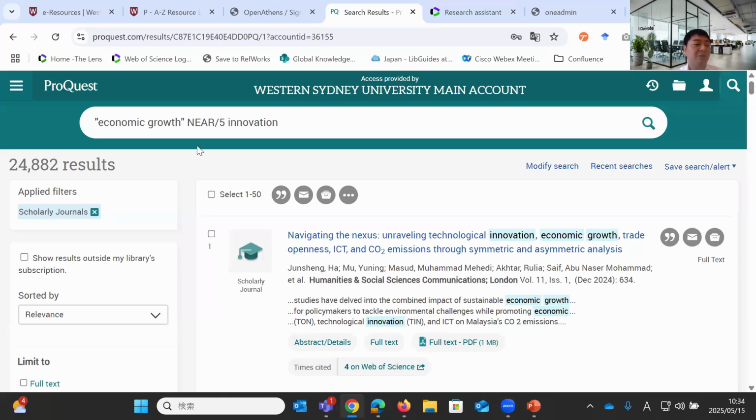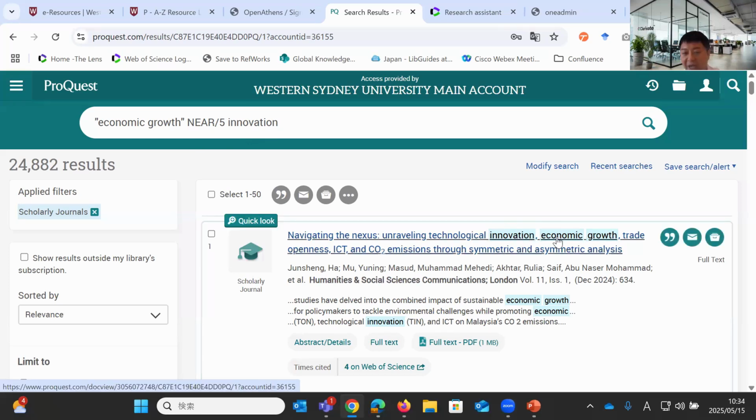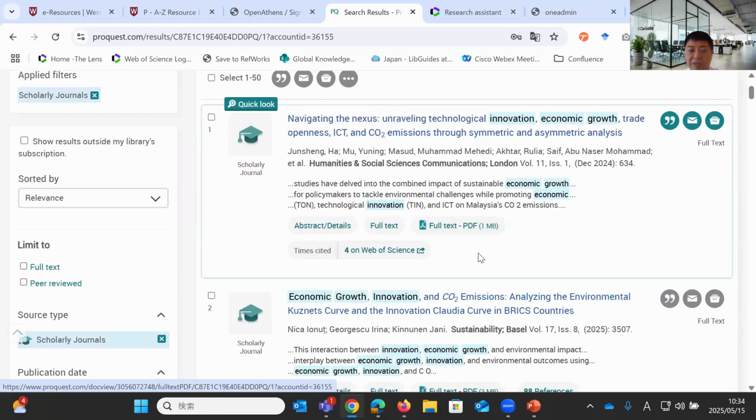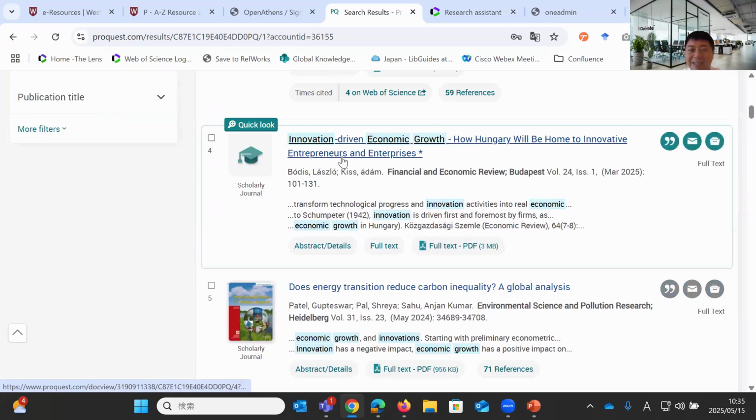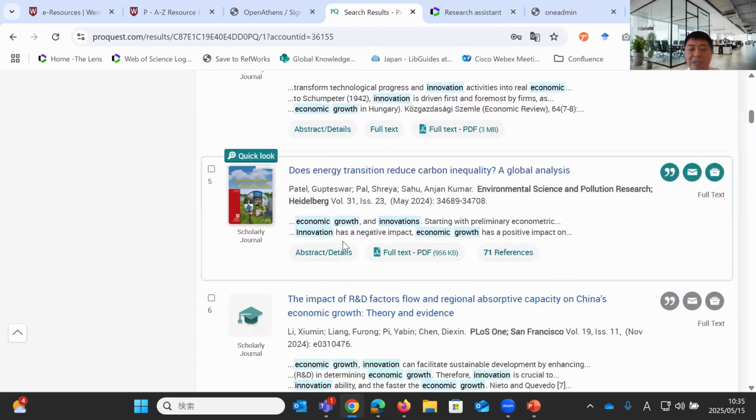Specifically, for ProQuest, if you use this term, keyword B is the base, innovation. And then within 5 words, either before or after innovation, you see economic growth. So in this case, in the title, right after innovation, you see economic growth. In this case maybe 2 words. Actually, technically it's 1 word, like innovation-driven.